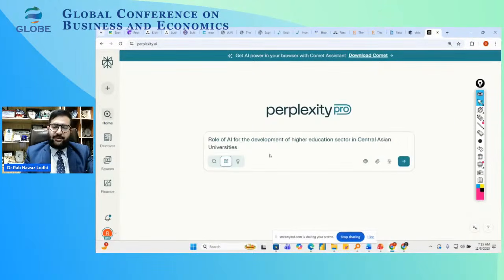By the way, in Central Asia there are multiple countries: Kazakhstan, Turkmenistan, Tajikistan, Kyrgyzstan, and Uzbekistan. So now I'll be looking for that. What is the role of AI for the development of the higher education sector in Central Asian countries, not universities, because I mentioned the higher education sector. Okay, so now I need to write